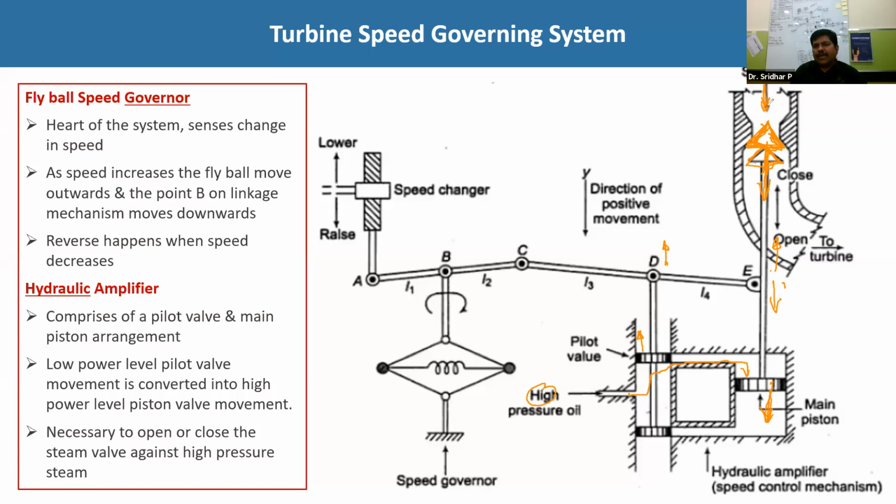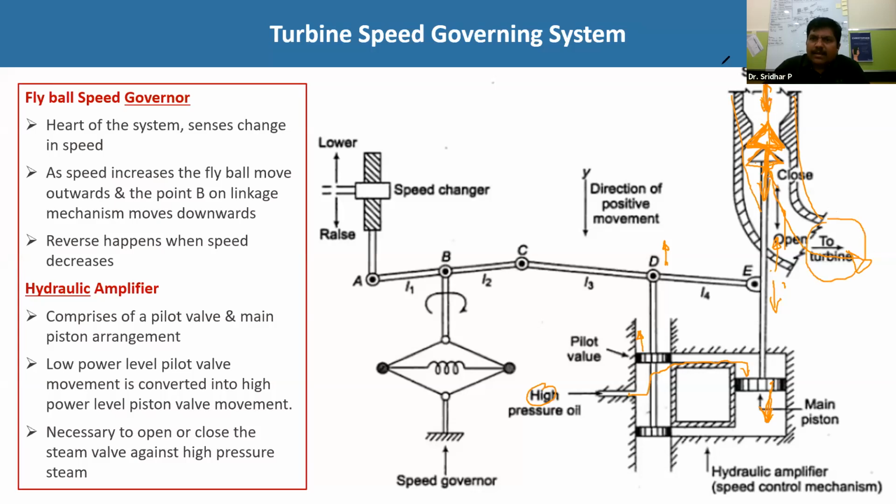In that case, what happens? The steam can find a path like this, and it may be admitted onto the steam valve, and it may pass on to the turbine. So it will completely flow onto the turbine. So whatever the steam chamber is there, in this total chamber the input is nothing but the steam input, and this is nothing but the turbine. So this will be connected to the turbine.